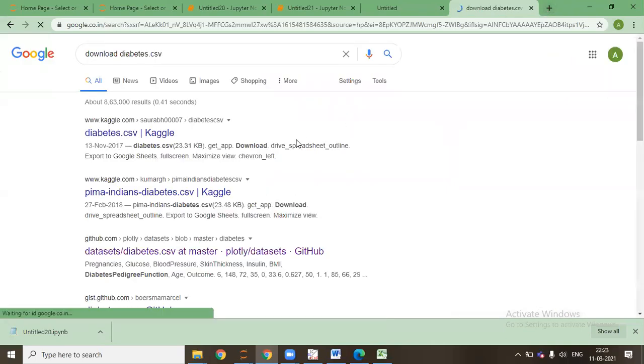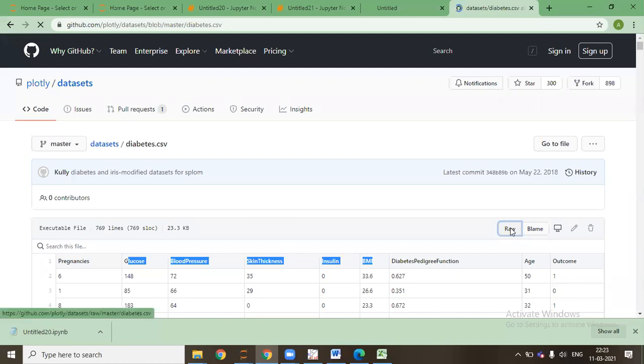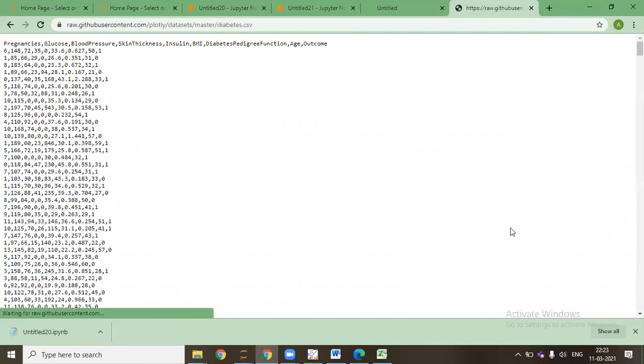diabetes.csv. It is over the GitHub. Just go over the GitHub. Just copy this from glucose, or say raw. Raw file. Just copy and paste it over there. So it is the same data only in the Excel. Or I'll give you this data tomorrow through the way you are getting on your LMS portal.